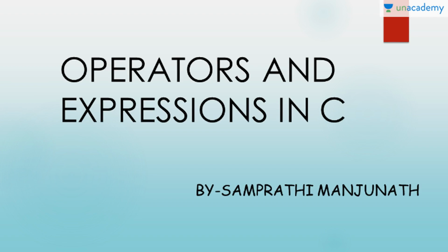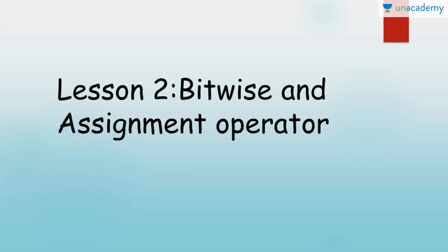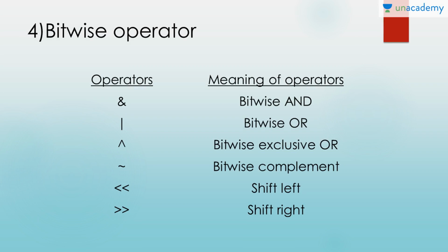Today in this lesson we'll be learning about assignment and bitwise operators. So bitwise operators, what is it? In the arithmetic logic unit, which is within the CPU, mathematical operations like addition, subtraction, multiplication and division are done at the bit level. To perform bit level operations in C programming, bitwise operators are used. There are 6 types of bitwise operators. That is bitwise AND, OR, XOR (exclusive OR), complement, shift left and shift right.